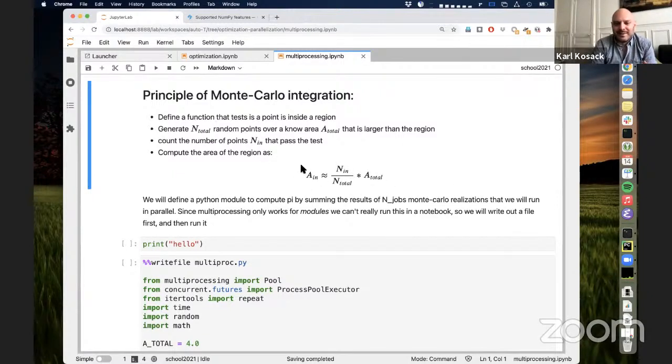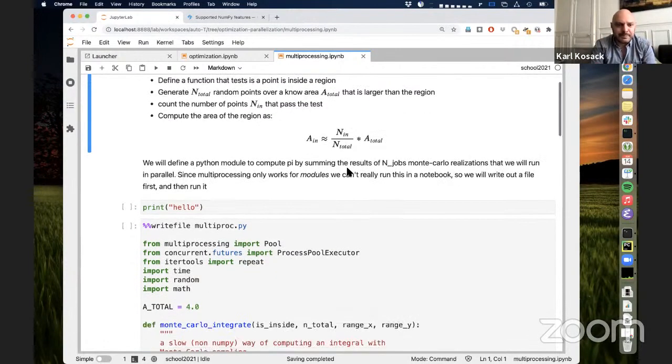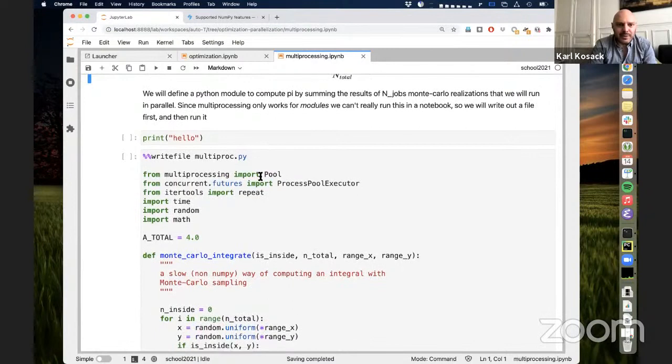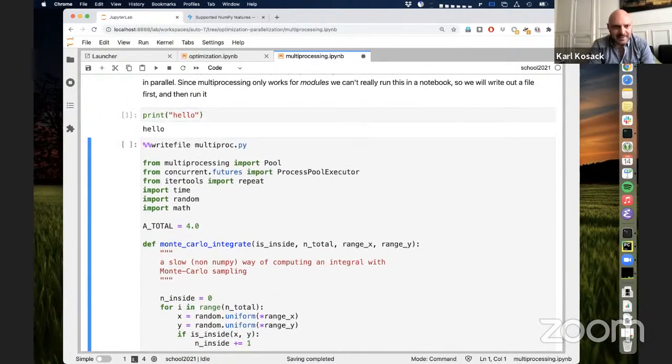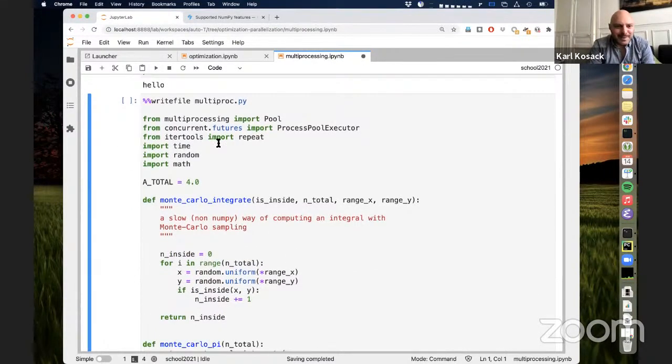And that tells you the integral of the interior region. I don't know why I printed hello here. I think it was just a test that my thing was working.